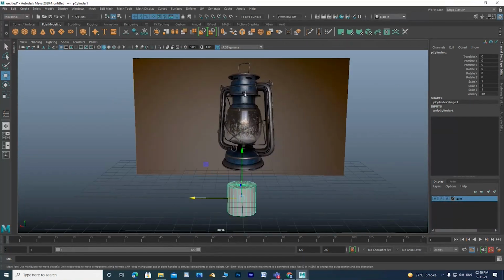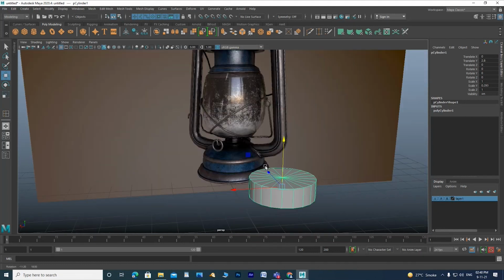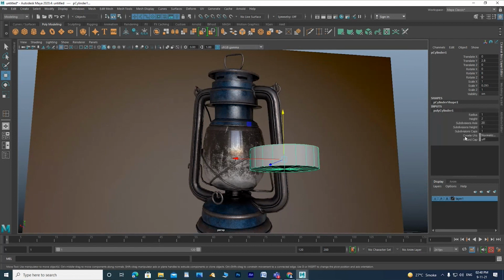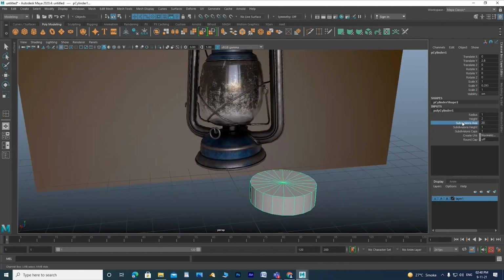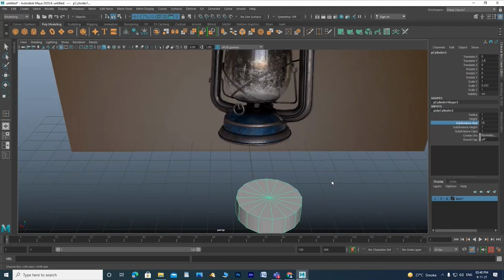We just eyeball it to create this. Check the divisions over here. We'll go a bit less, so we use 16.